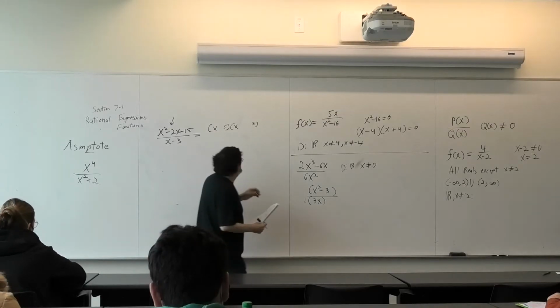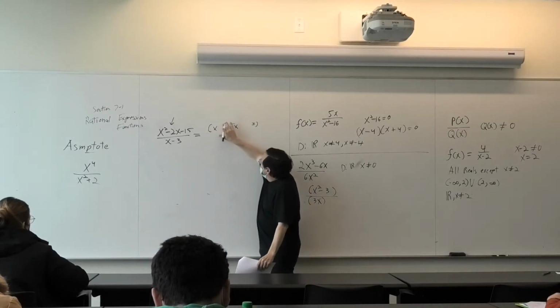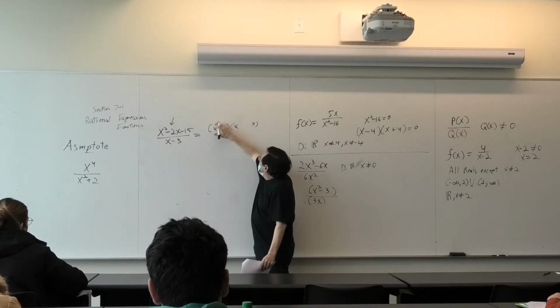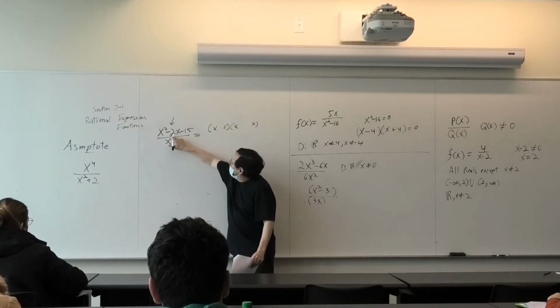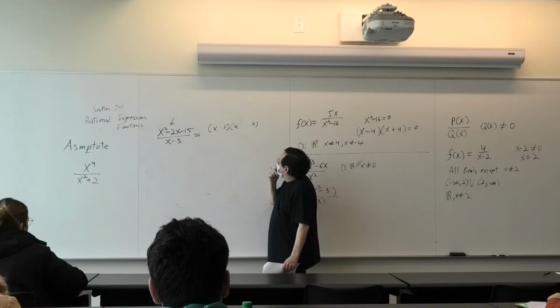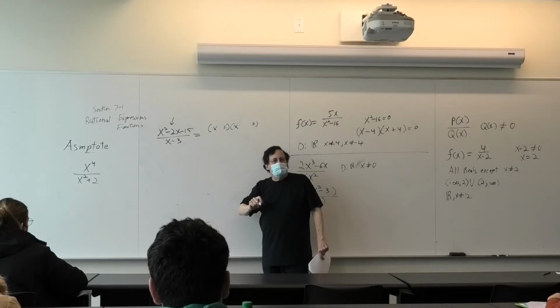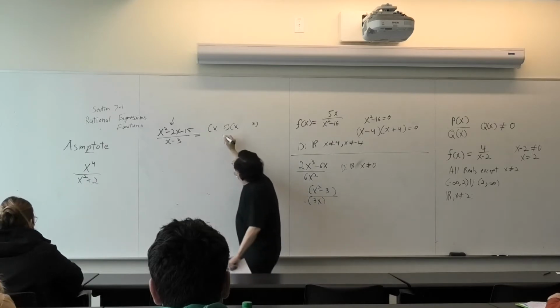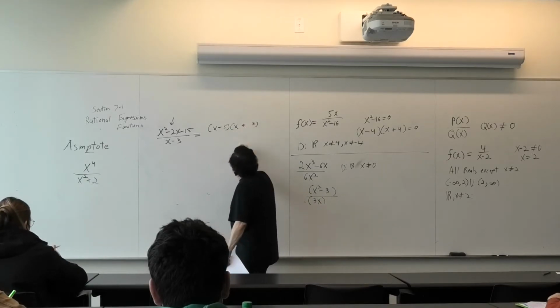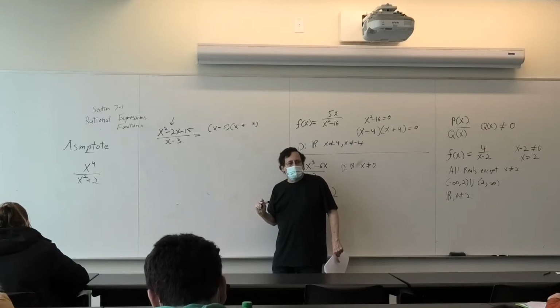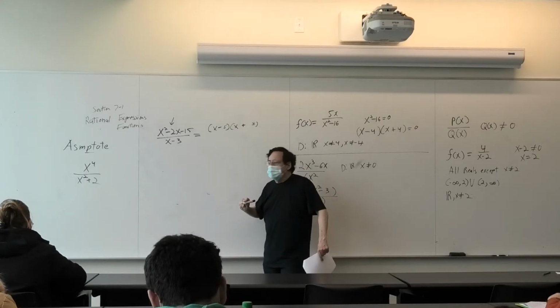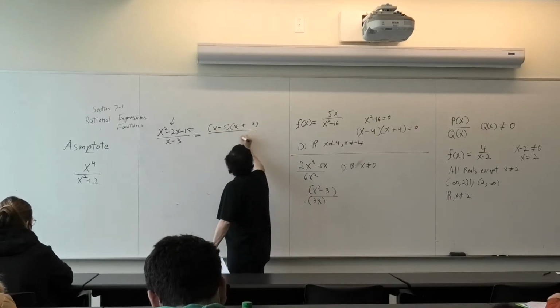You see how, in other words, we're going to do FOIL here, looking at the inner and the outer to see what's going to give us minus 2x. See how we do that? Minus 5 and plus 3. Okay, does everyone see how we did that? Thank you. Okay, over